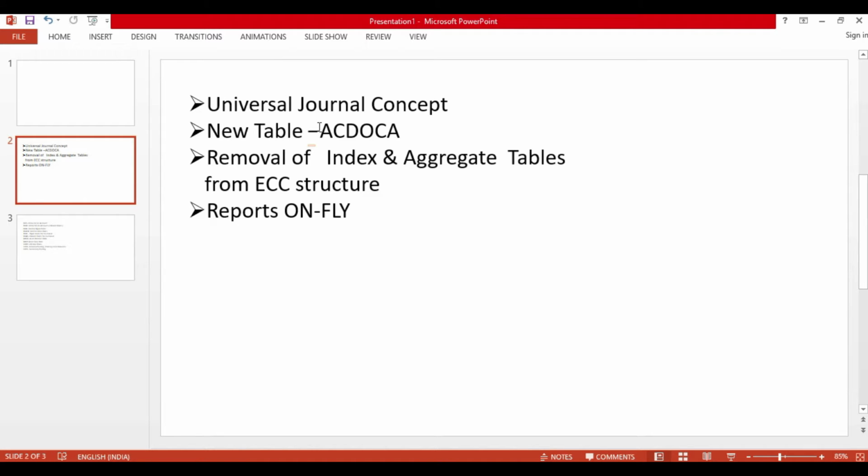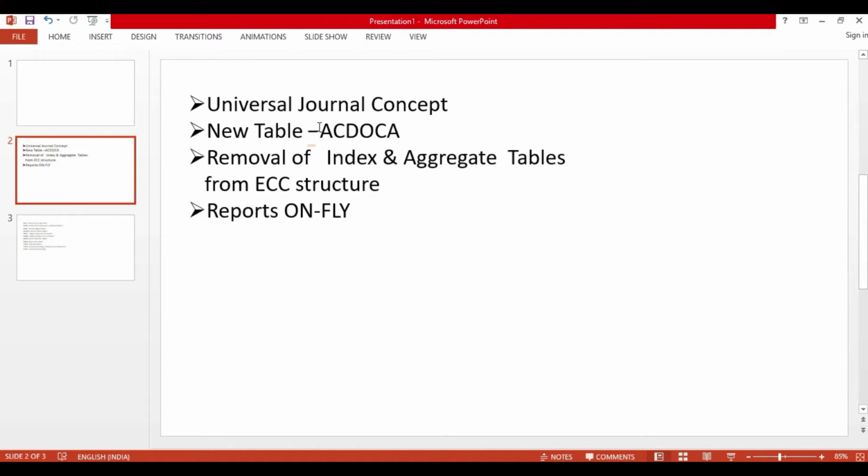Once you upgrade the system, that means once you install the new application or upgrade the system, it will create the new table ACDOCA by converting the existing tables into CDS views. In another presentation I am going to explain the concept of compatibility view or CDS view, which is related to your migration process. I will not explain everything in detail because in a short video it is not possible, but let me explain